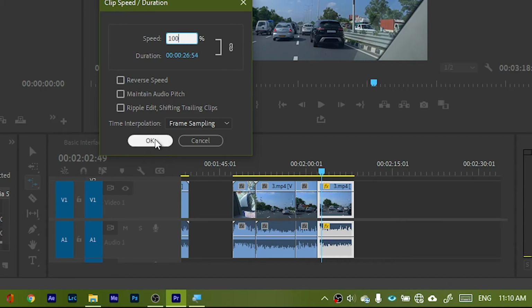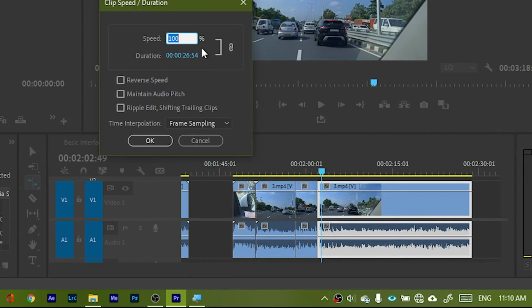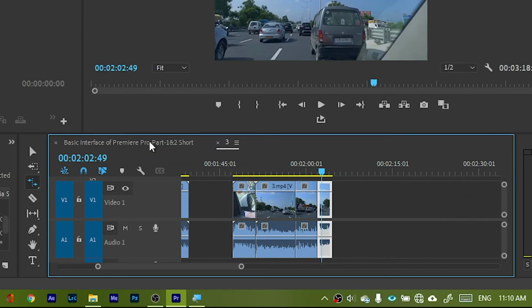Okay, and if you press OK, this is the normal speed. If you press Ctrl or Command and then R, you can choose a specific speed like 1000, and press OK. So this has increased the speed to 1000%. But the problem with this option is that suppose you want to just speed this up and you want